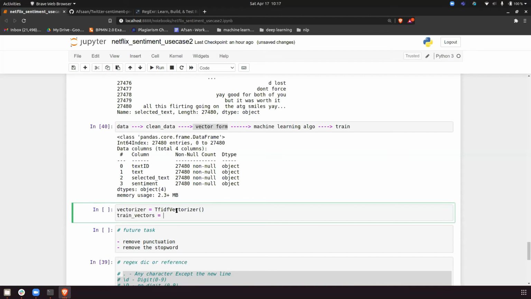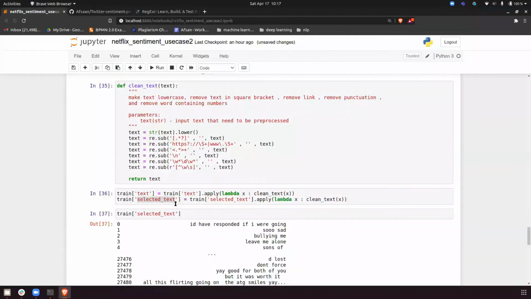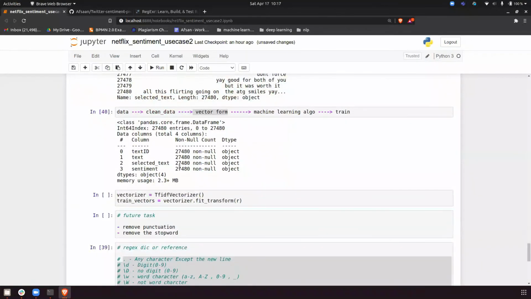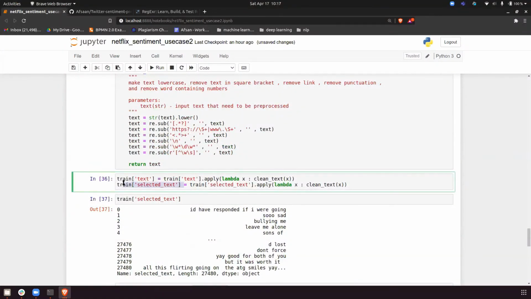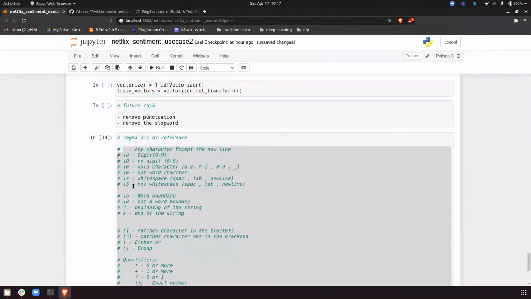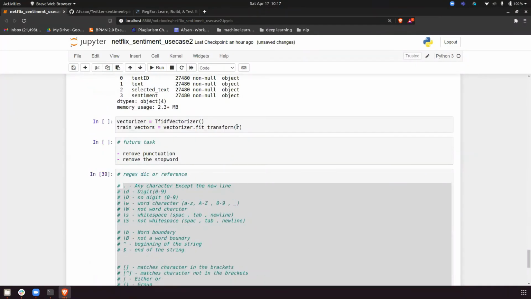Okay, so vectorizer dot fit_transform, and inside this I have to pass the train, and just run this.